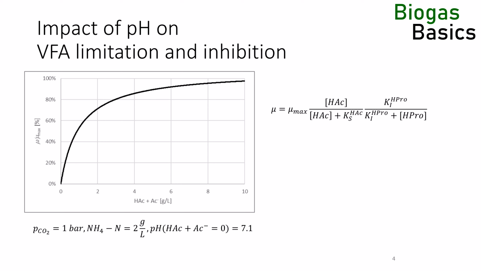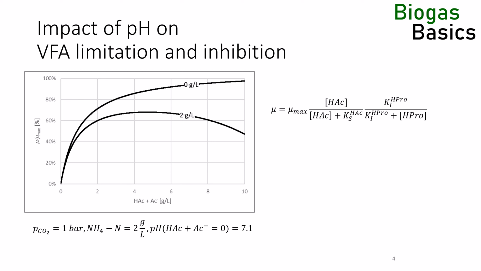Now what happens if propionic acid is present? On one hand, the pH should drop, and acetic acid should become more bioavailable, speeding up growth. On the other hand, propionic acid is toxic, and when the pH drops, it becomes more toxic. This curve shows the growth rate when 2 grams per liter of total propionic acid, the sum of propionic acid and propionate, are present. Now we can see a decline in growth rate when acetic acid accumulates.